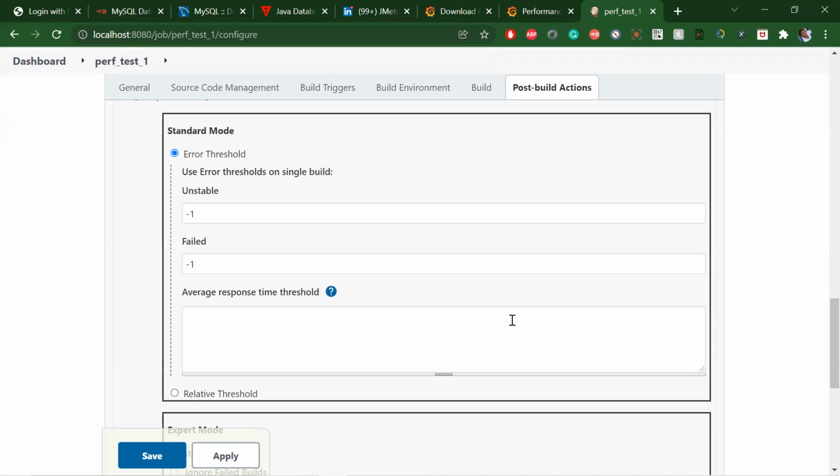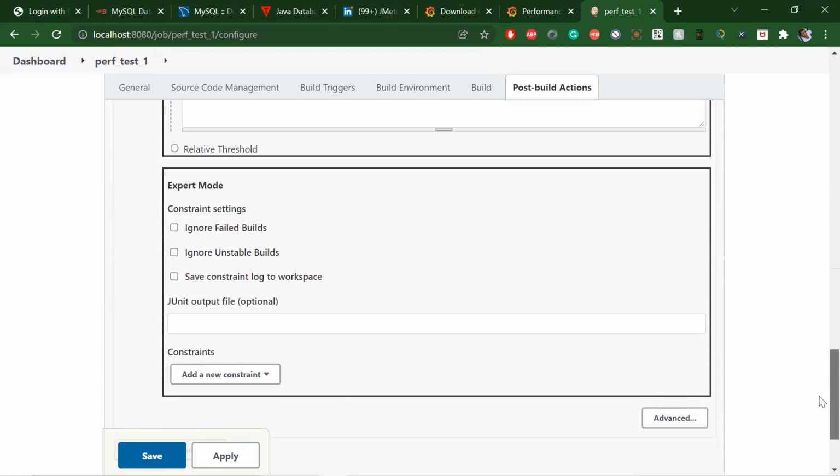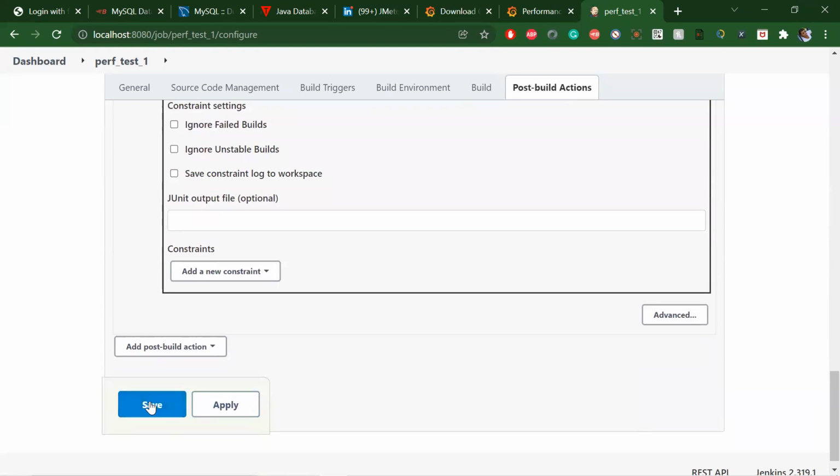I mean, 10% is okay for me, so I want it to pass if I'm getting 20%. Or based on some response time, you can use these things. Or if there is at least 1% of error, just fail it. So this is a simple value: -1 means if there is any error, it will throw it. And simply save.